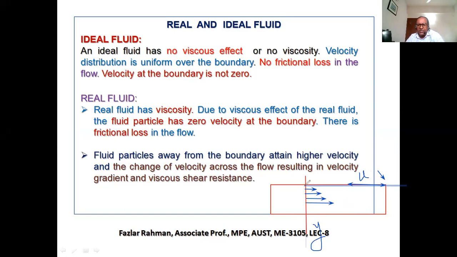That means velocity along the Y direction is changing, right? It is changing, because along the Y direction the velocity is not the same. That is saying that the change of velocity across the flow results in a velocity gradient. That means a change of velocity with respect to distance, and there will be a viscous shear resistance in the flow,